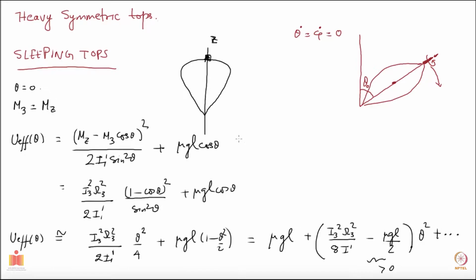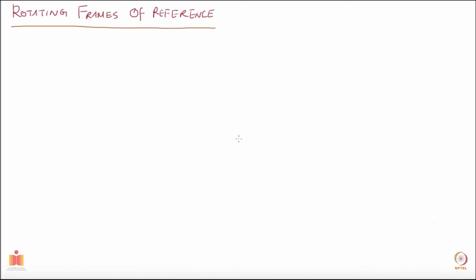We never used any equations of motion in the analysis till now. But today I want to write down an equation of motion, which we will use to give one example. Hopefully I'll do that. But before I do that, I should talk a bit about rotating frames of reference and how time derivatives are related in the two. So the title is rotating frames of reference.